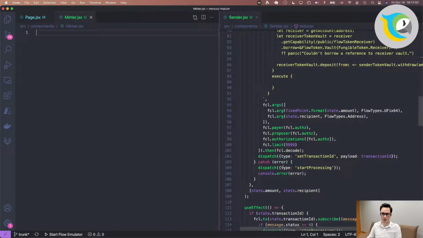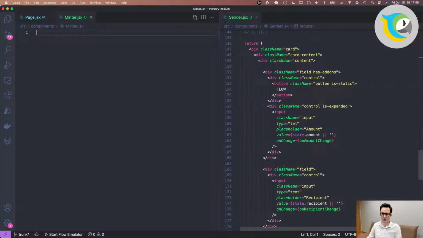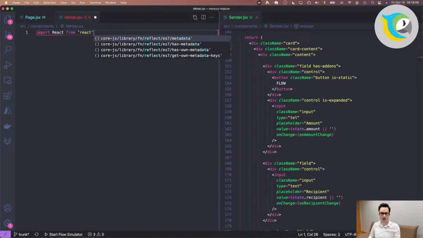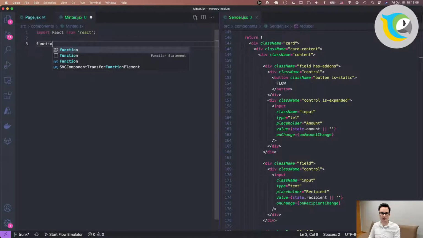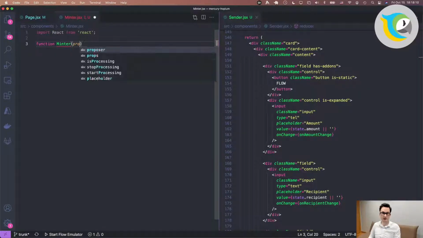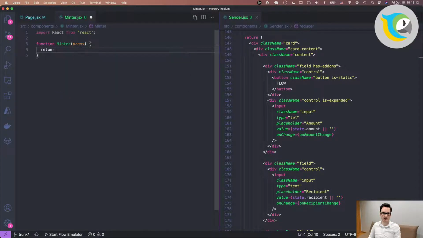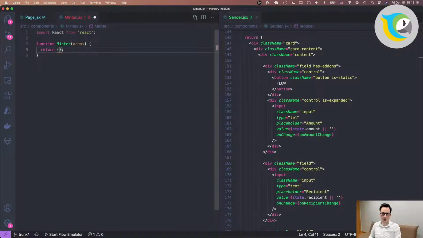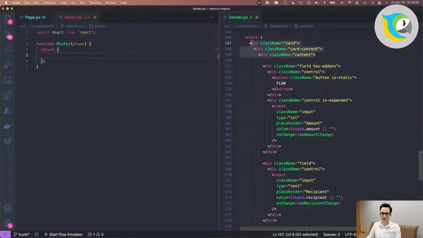All right, so what's the start? What's the basic premise here? We're going to start by importing React, and we're going to form the baseline for this Minter component. It's going to get some props, and it's going to return a simple card layout, just like we have right here.